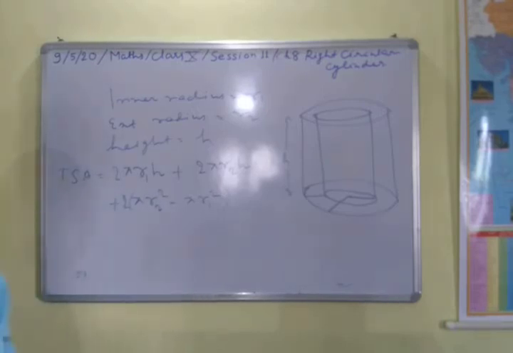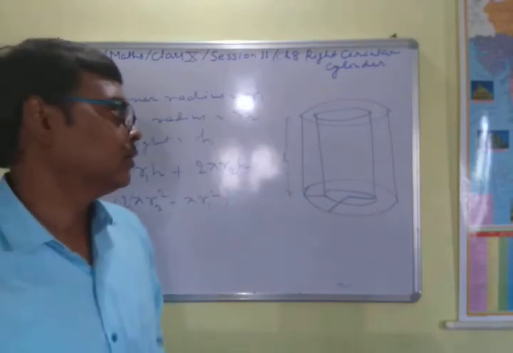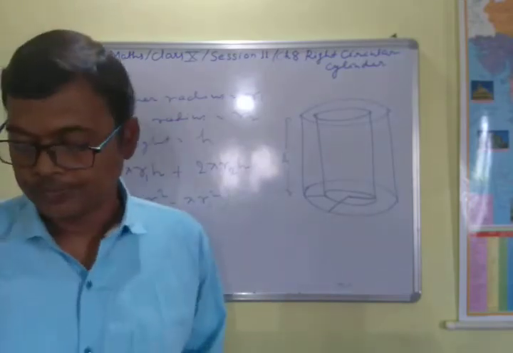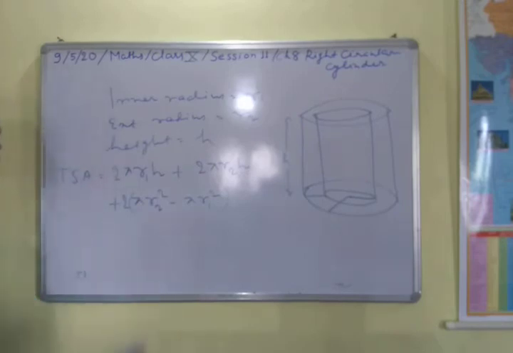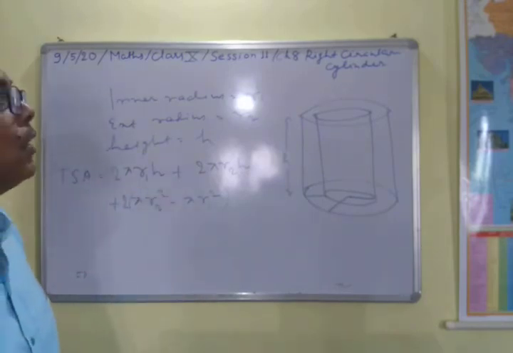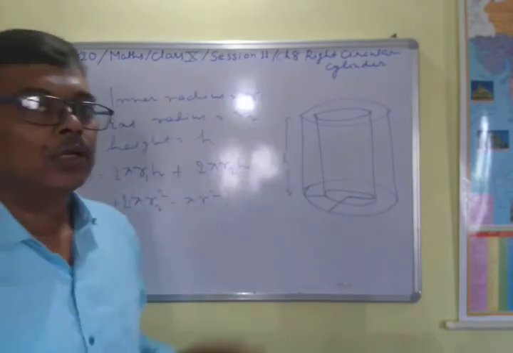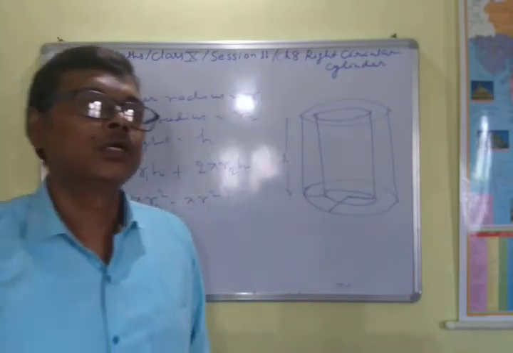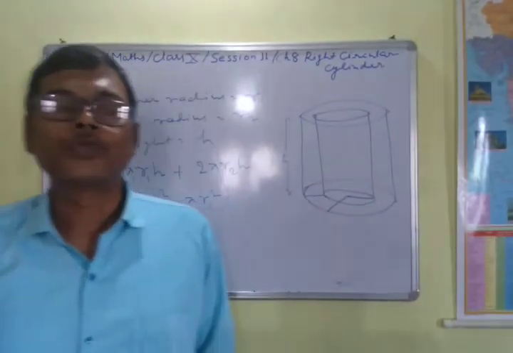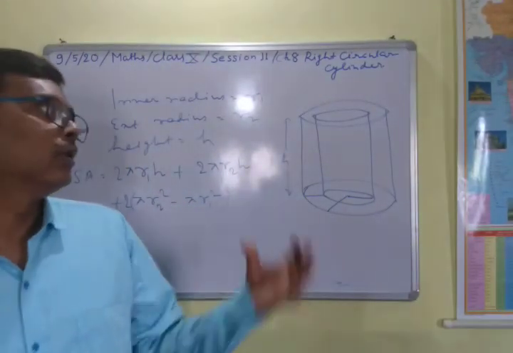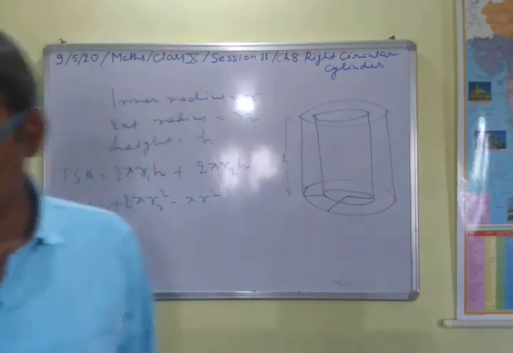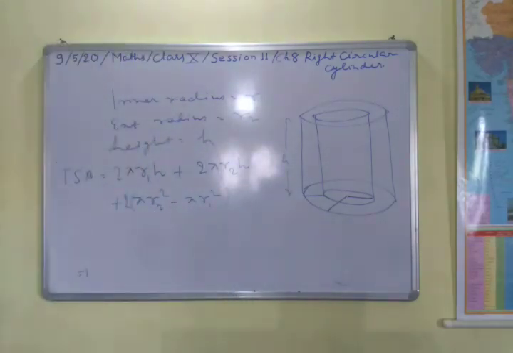So if you have such questions, then you will use this formula, or it depends on the question also, that is, in the question what is given or what is to be found here. So this is all about this right circular cylinder in this chapter. So we have to learn only these things. That is the first thing the curved surface area, then the total surface area, then the volume, and the total surface area of a hollow cylinder. So these are the points here.